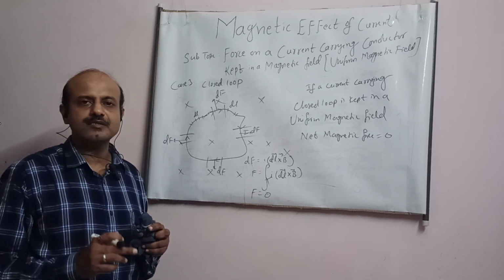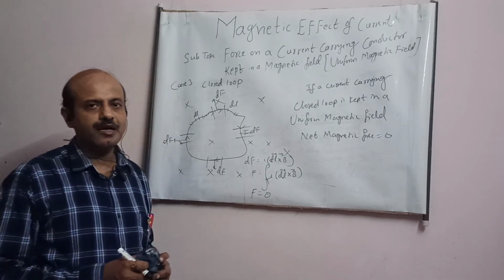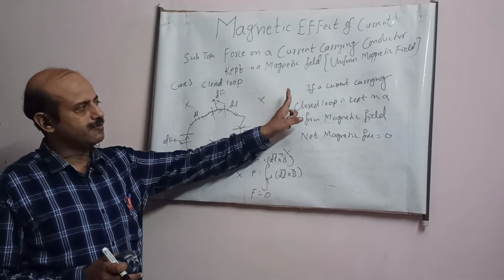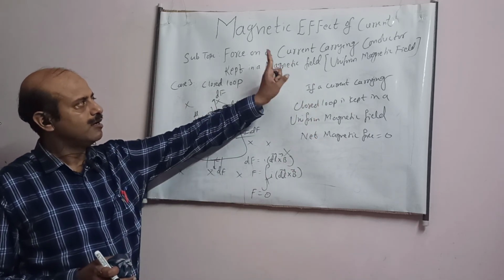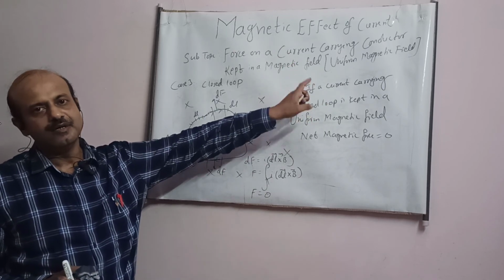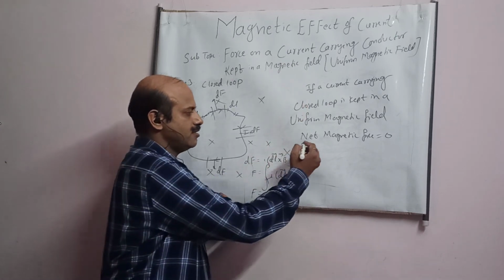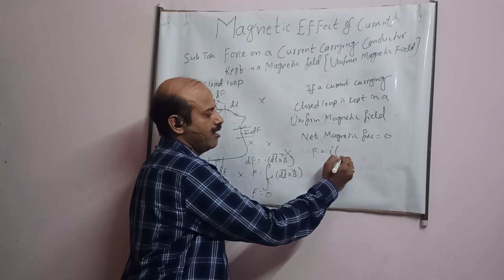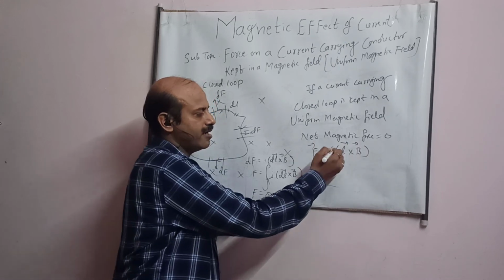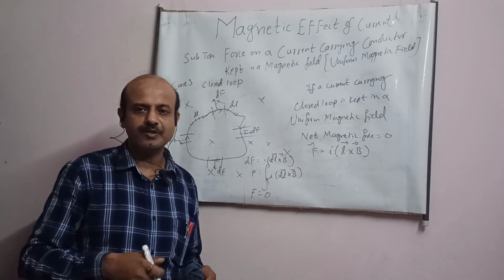So these are the three cases, student, we have discussed today. First, when the current carrying wire is straight. Second, when the current carrying wire is curved. And the third, when there is a closed loop. And this fact you have to remember. Another important thing is, whenever there is a current carrying conductor kept in a magnetic field, a force will act. And that force is a magnetic force. And it will be given by this formula. I L cross B. This is a vector whose direction is same as direction of current. Thank you, student. We will continue in the next class.